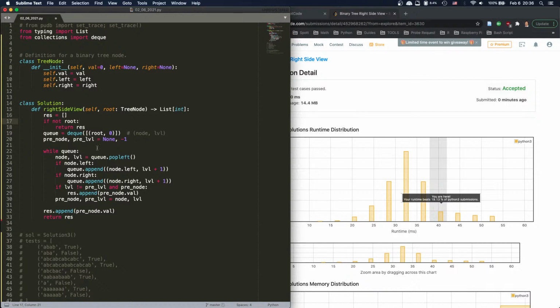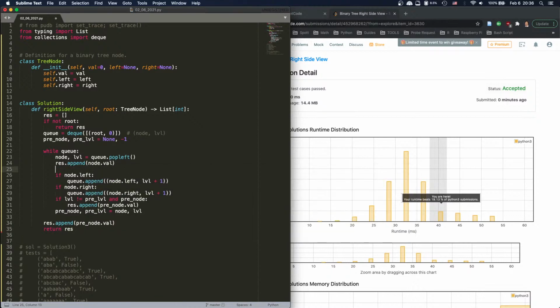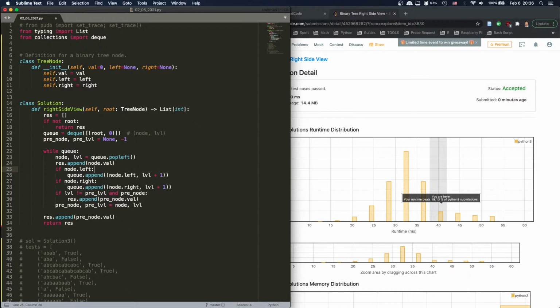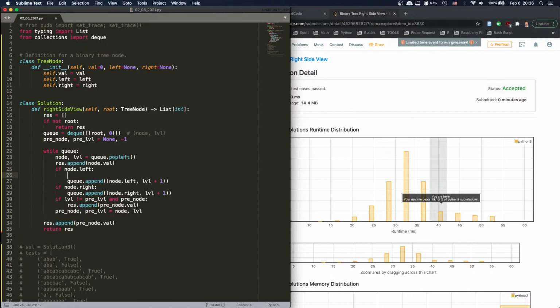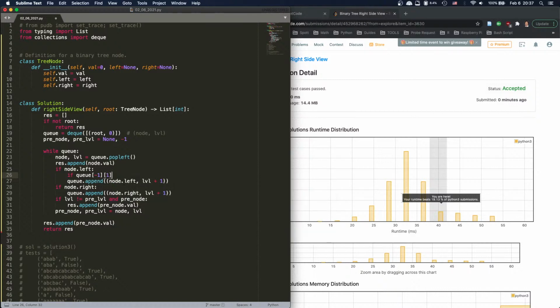I'm not sure if you guys understand my new solution, but the new solution is like this. When we pop it out, we immediately append node.val, and then if the left exists, now we're going to check the tail of it. So if deck, not deck, we have a queue, -1 and 1. If that is not equal to the current level plus